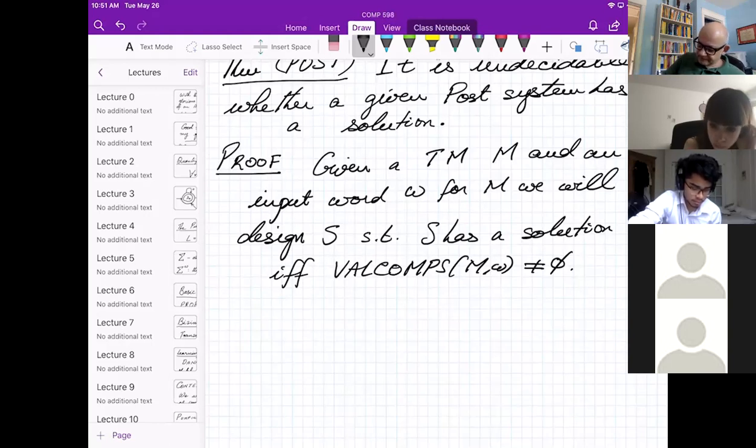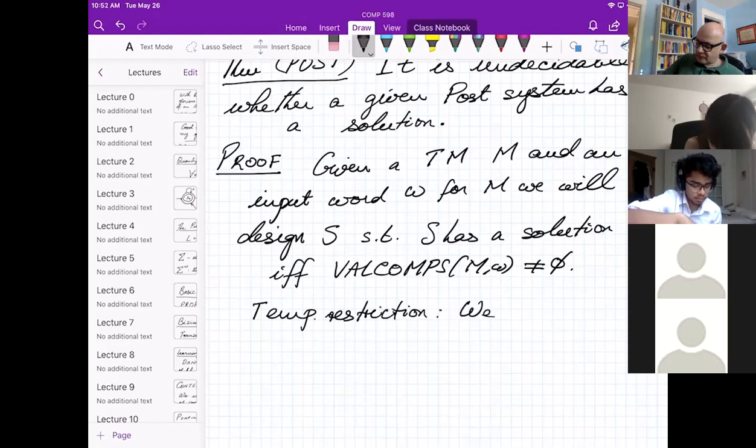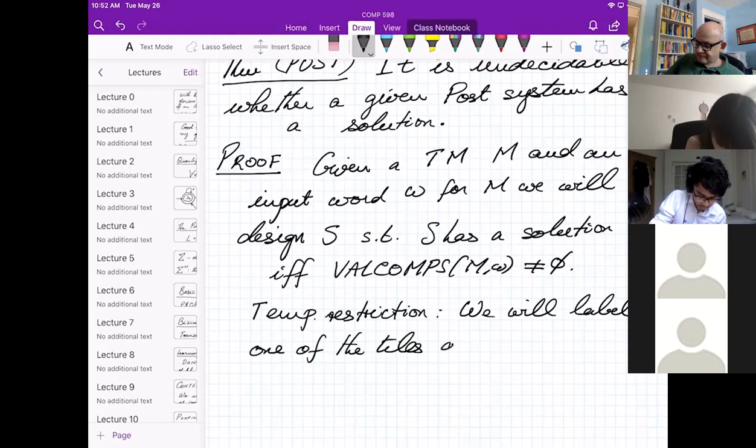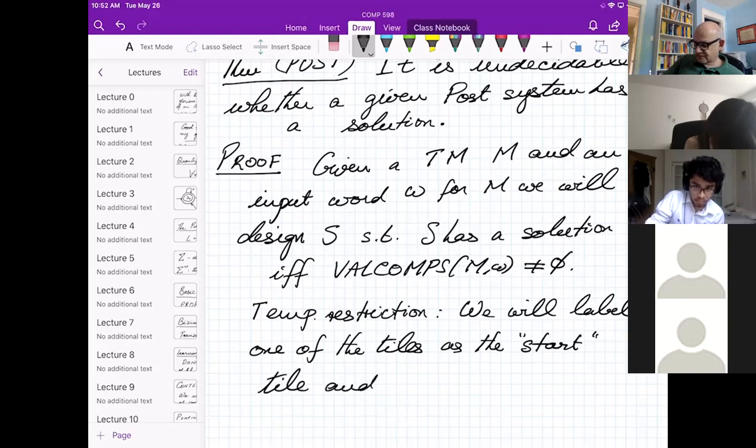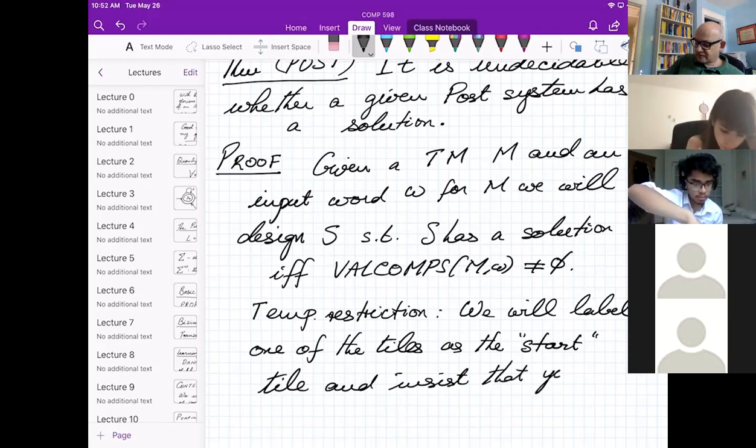Okay, so first, temporary restriction. We will label one of the tiles as the start tile and insist that you must start with that tile.